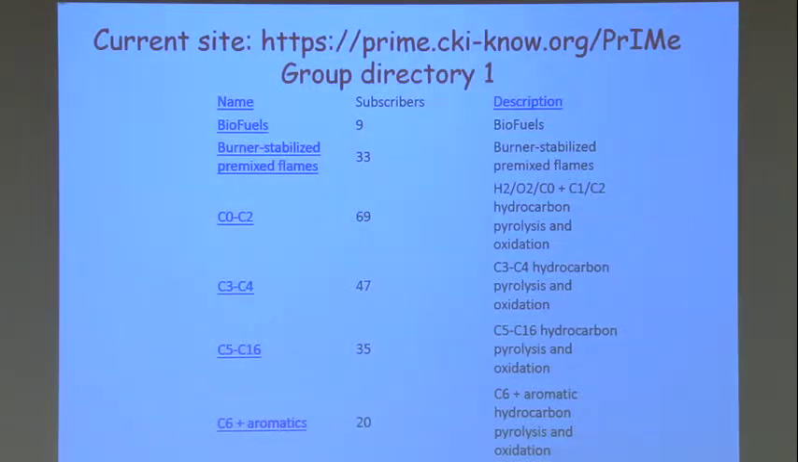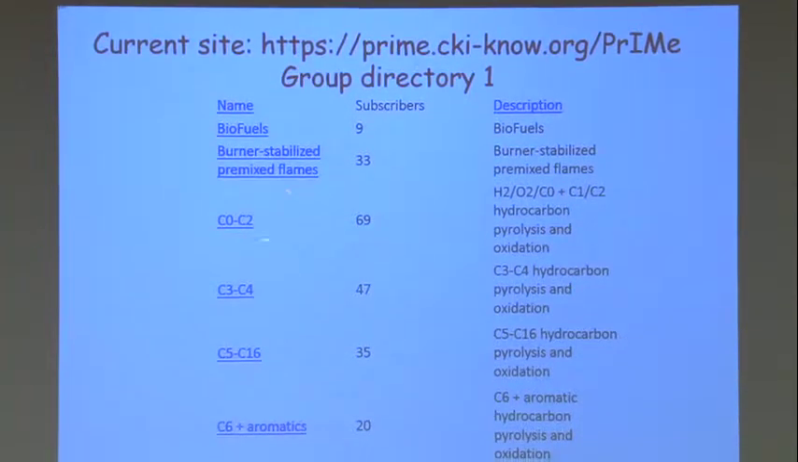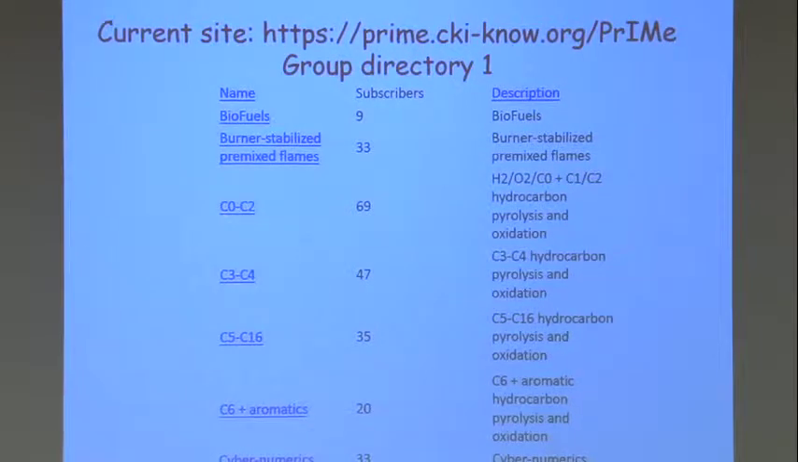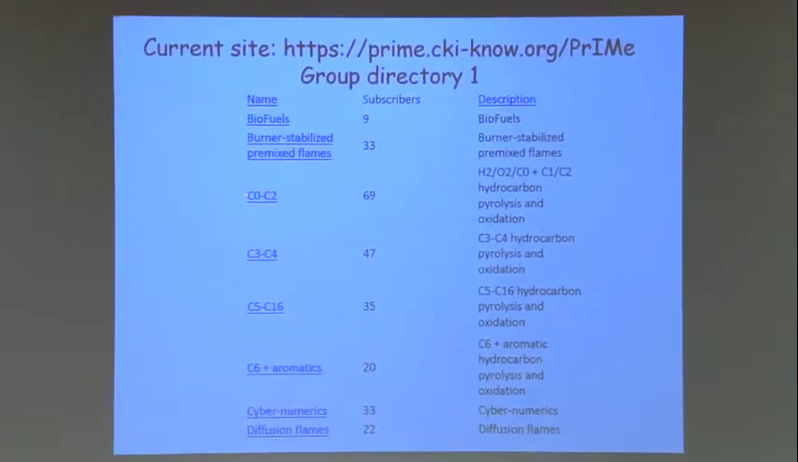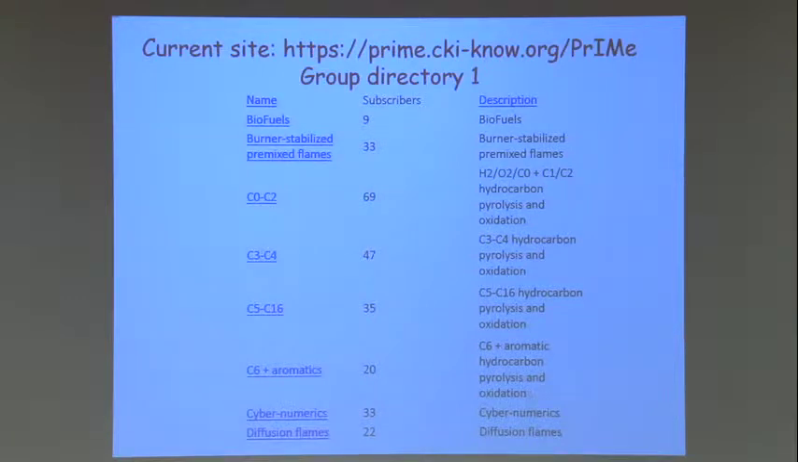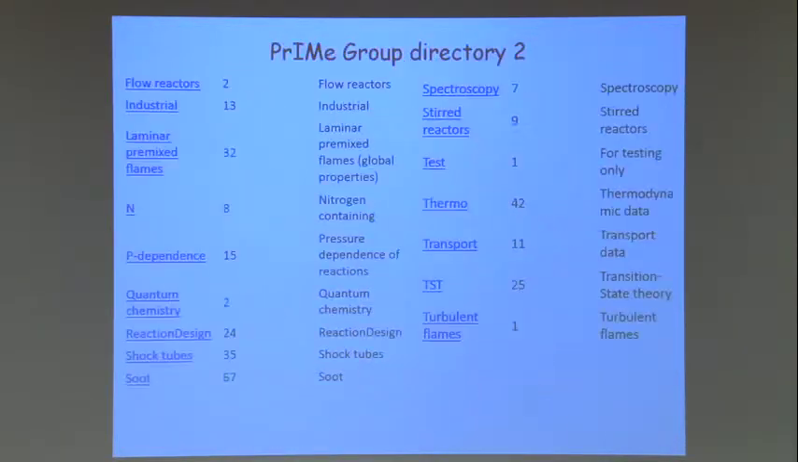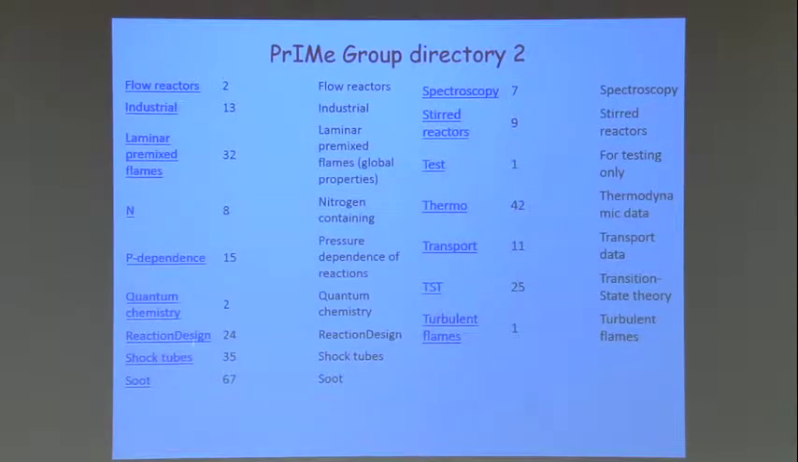And so there are a whole set of different groups. So C0 to C2 is a group that's looking at the rate data for species up to ethane, ethene and acetylene. So these are rate data involved in C0 to C2. And hydrocarbon pyrolysis and oxidation. And then these are bigger species, C3, C4 hydrocarbon oxidation, C5, C6, etc. And along you go. And then these are other